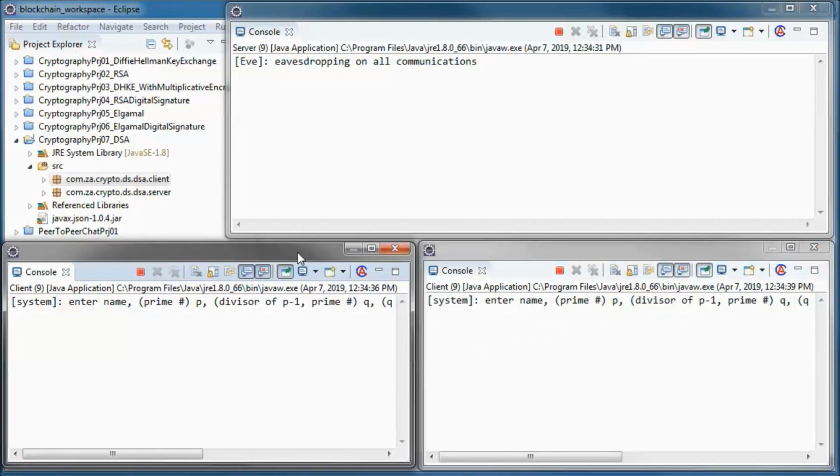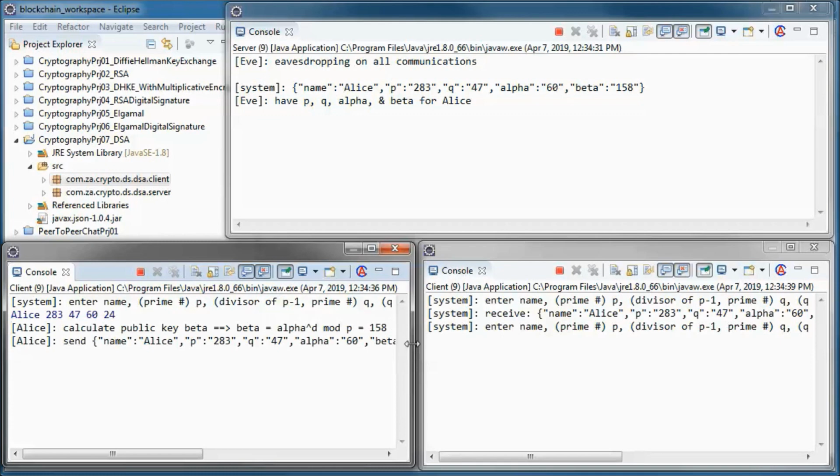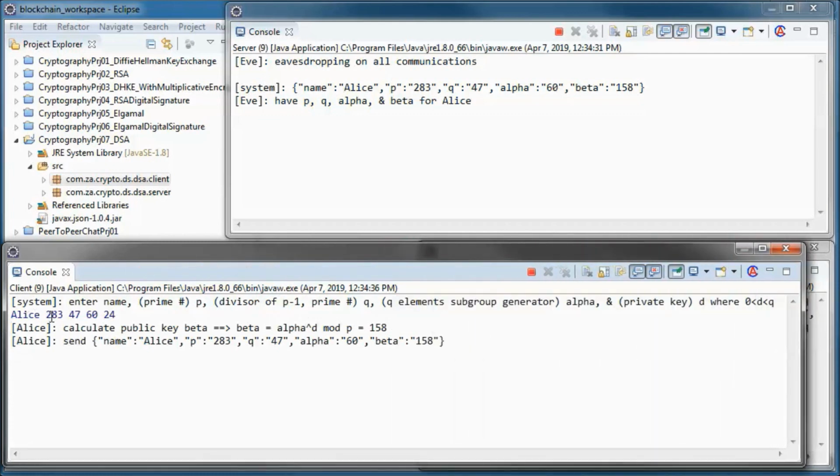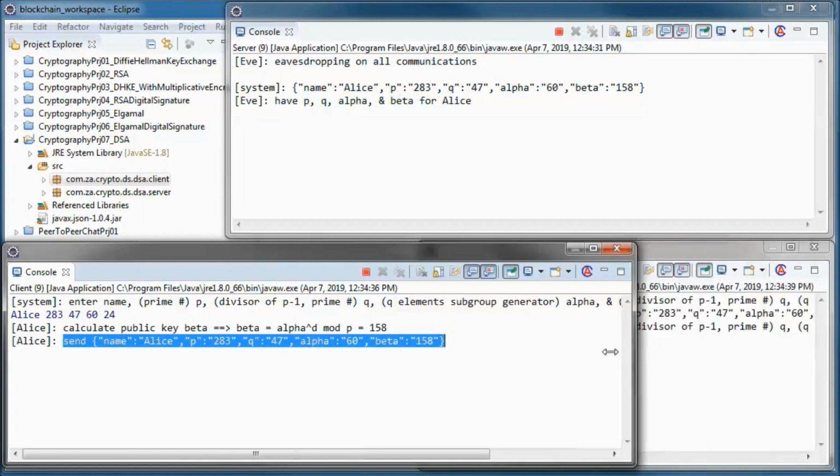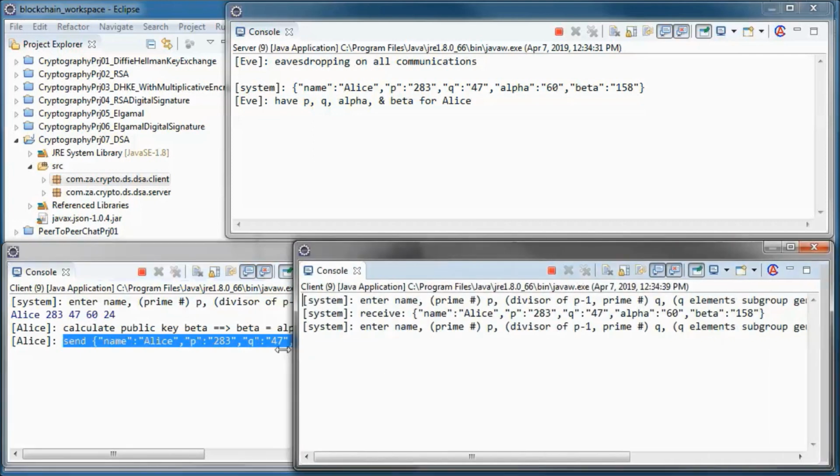And Alice will use this number as her prime number P, and this one as her prime number Q, which is also a divisor of P minus 1, and this will be her subgroup generator alpha, and this one her private key D. And she calculates her public key beta and sends P, Q, alpha and beta to Bob, and he will receive those.